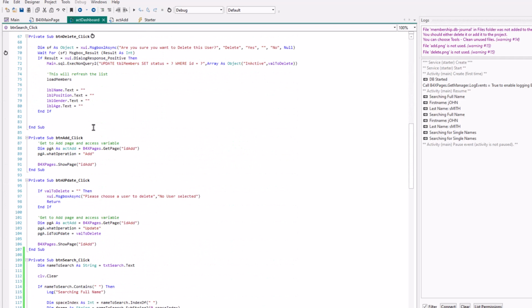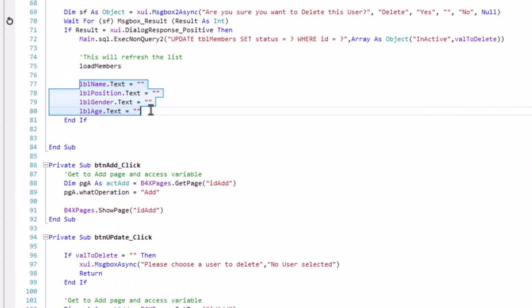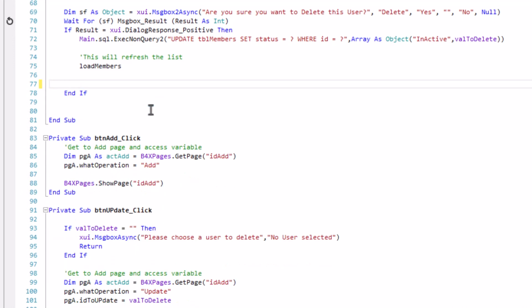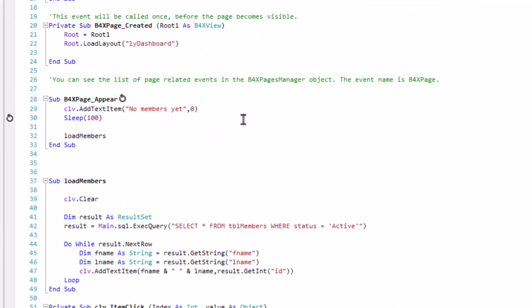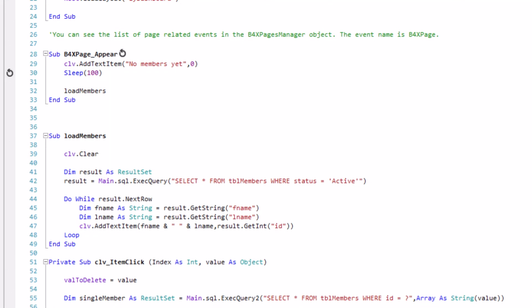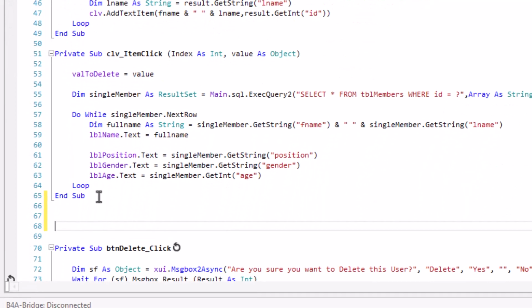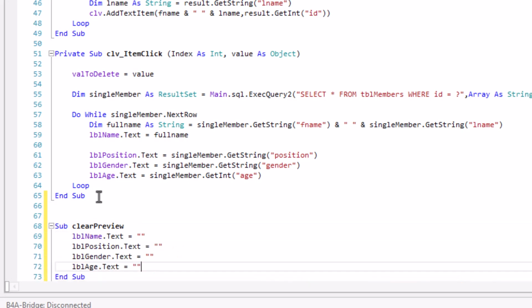Then we have a preview clear. This one, we can now move to its own sub called clear preview. Let me put the sub under the load sub, clear preview, right?